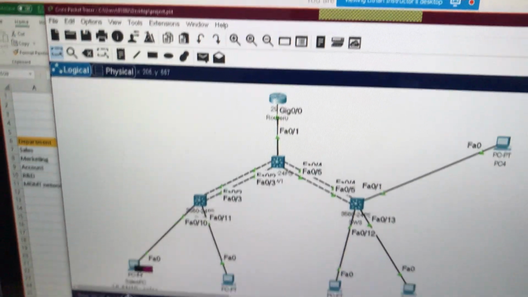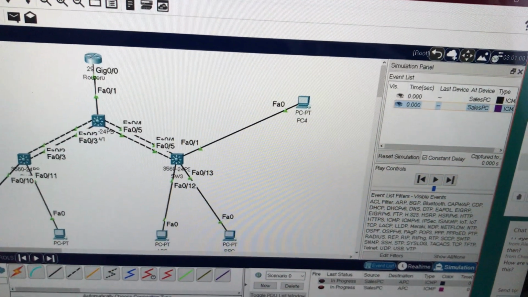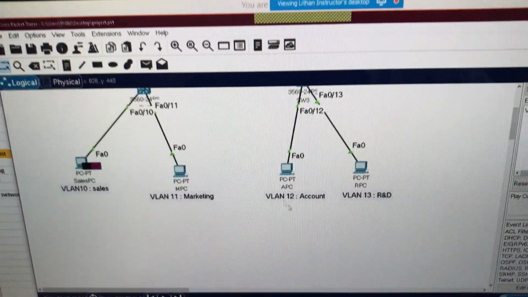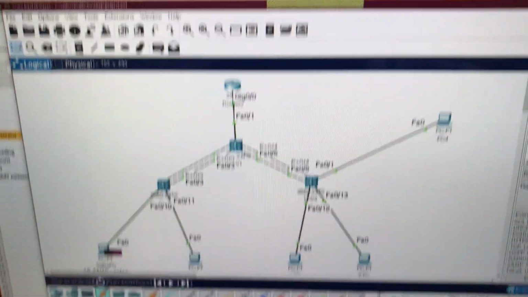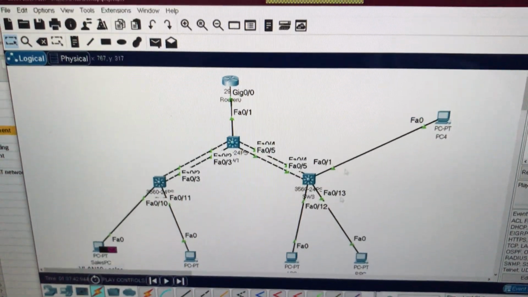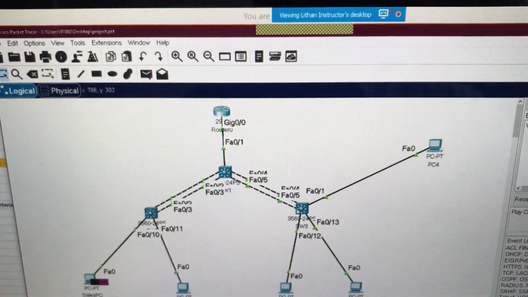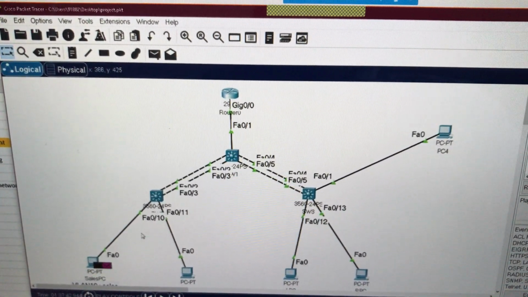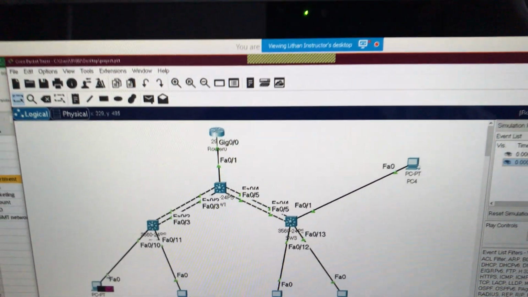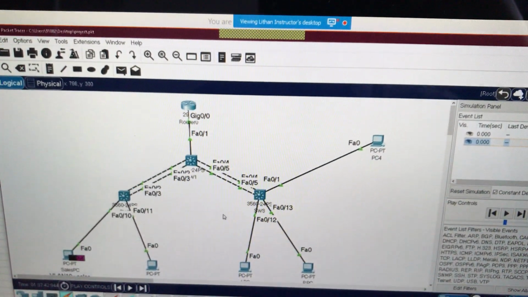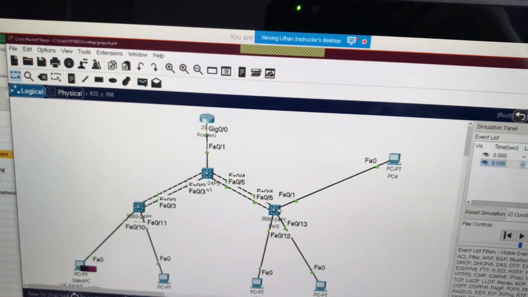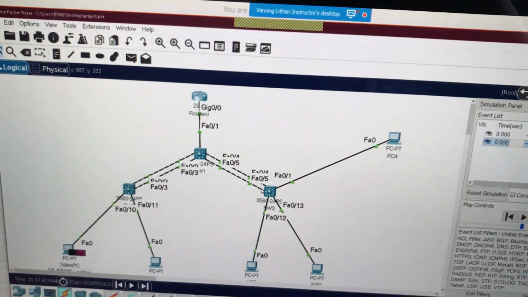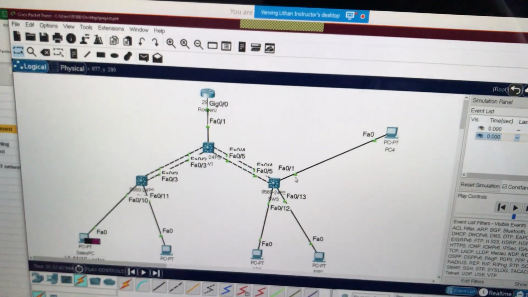What is the tag? The data is going from VLAN 10, and here we want the data to go to VLAN 12. So when the data comes up here, this switch will not identify the VLAN 10 from which the data has been sent. So to understand the data of VLAN 10, VLAN 10 should be created here. Else it will not receive data from any other VLAN which is not created here.